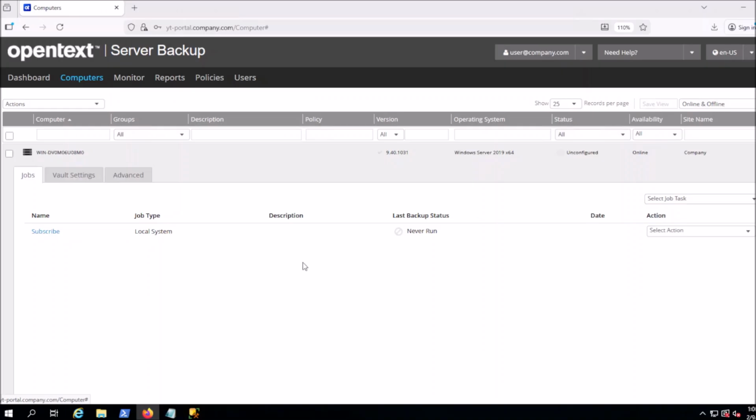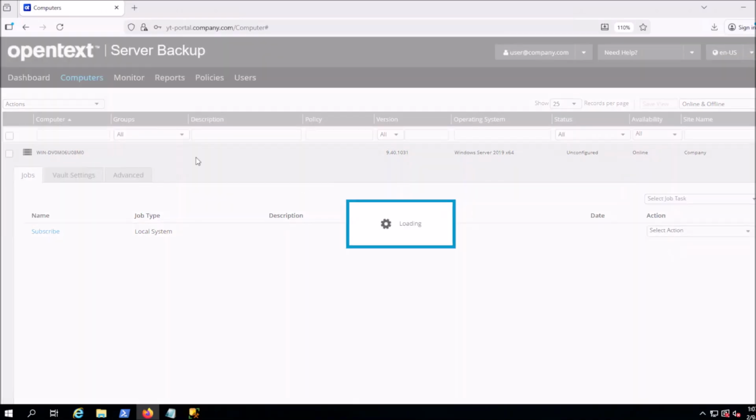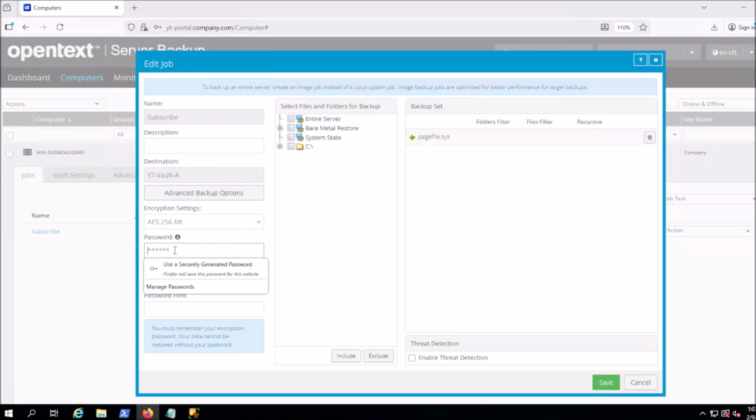Well, after it finished loading there, I decided I actually would create a job so that I could show you what was actually needing to be done here after the re-registration. So I've got my job here called subscribe. I can either click directly on the text here or under the select action dropdown on the right, hit edit job. And then in here, you would just need to enter in your encryption password twice and then hit the